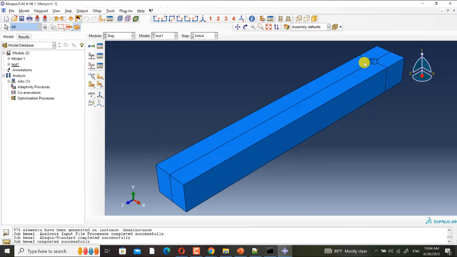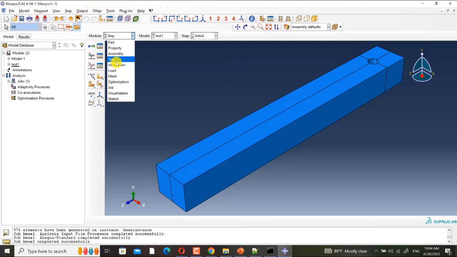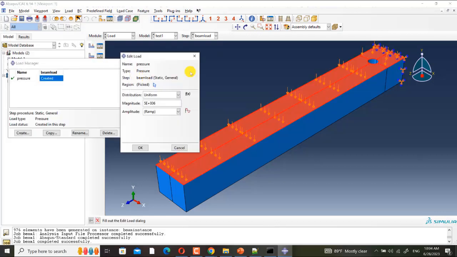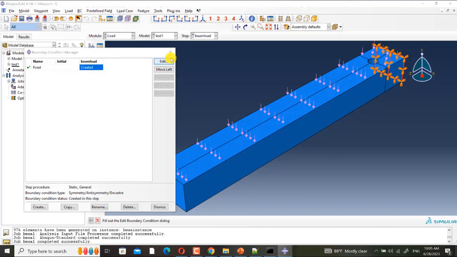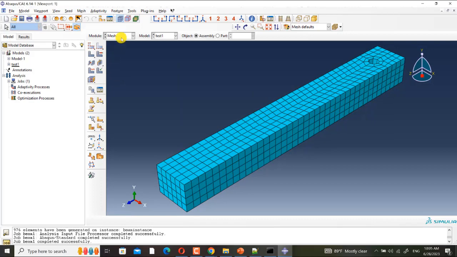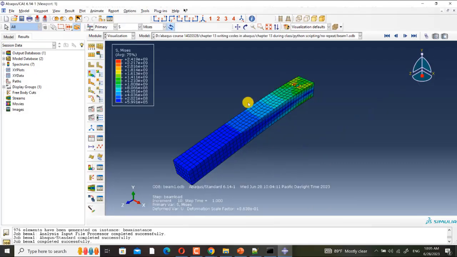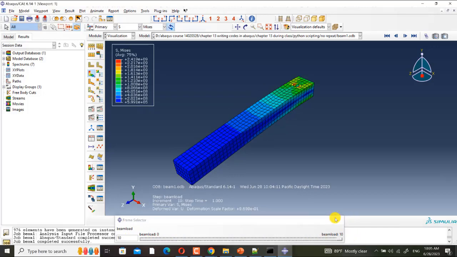It is even partitioned. This is a step definition, no interaction, load definition, and here we have the mesh. All of them are defined automatically, and here we have the result. Yes, that's it.